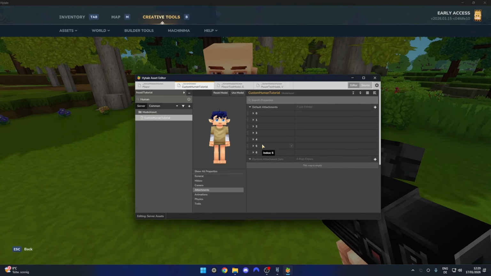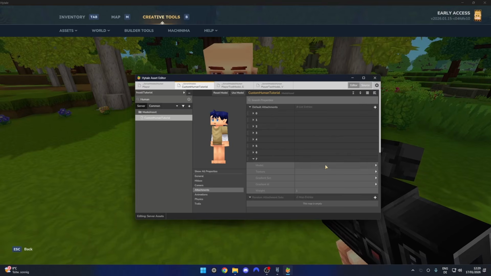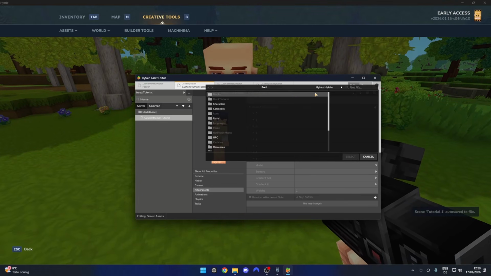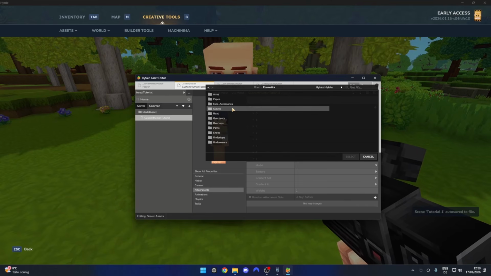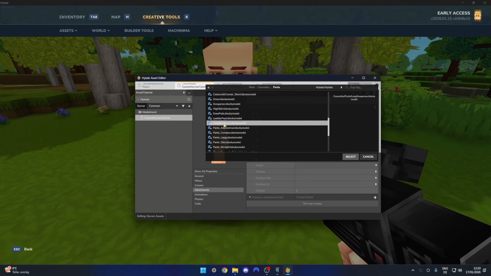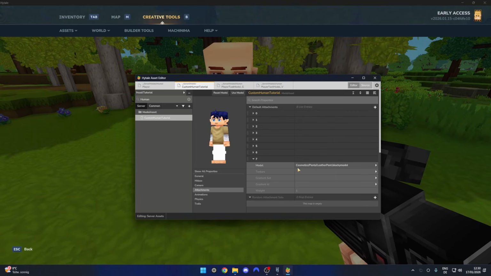Now, we just repeat this process with the pants and anything else. So we'll just add pants to this character as well. You should know the process by now. Go to the Hytale asset pack, select cosmetics, pants, look up some pants, for example, let's say the leather pants, add them, then add the